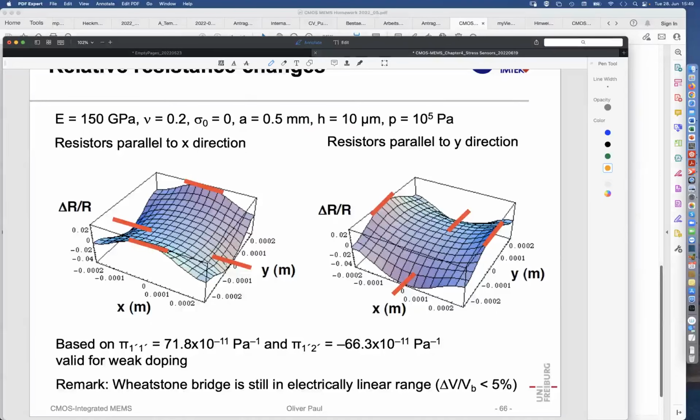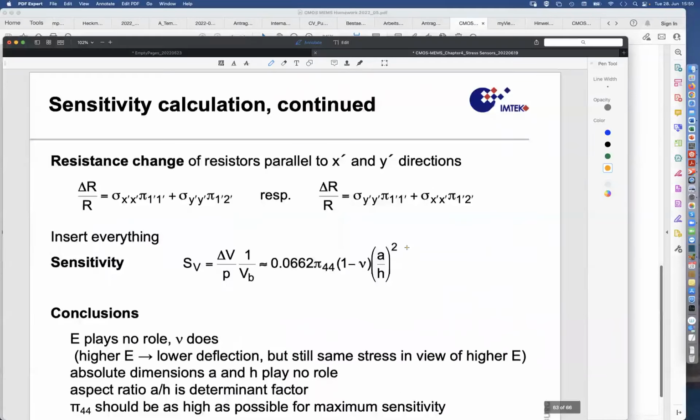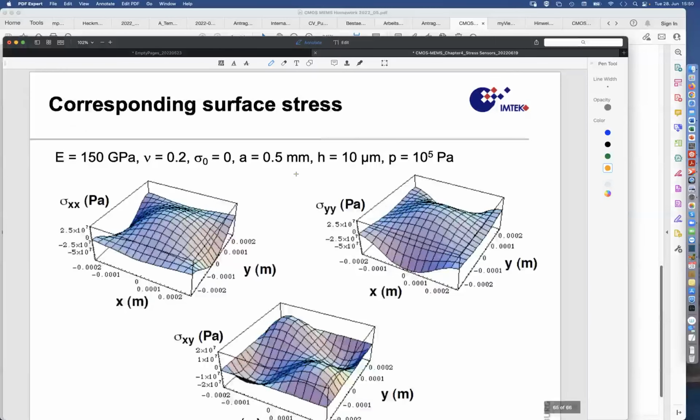So the resistors are placed in the middle of these membrane edges, because there one of the stresses is quite large, and the other stress that comes in the difference doesn't play such a big role, and the pi coefficients match quite well. So if we go back to these resistance changes, we have the sigma XX times pi 1,1, always prime now again, sigma YY times pi 1,2, and then for the other kind of resistor, well, sigma YY, pi 1,1, and so on. And so if I take these values that one computes here, or sees here computed on this